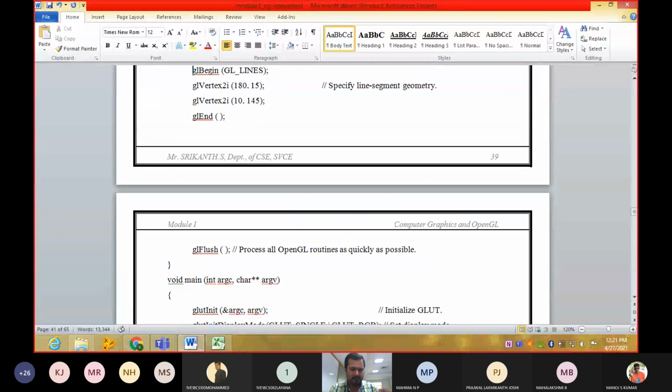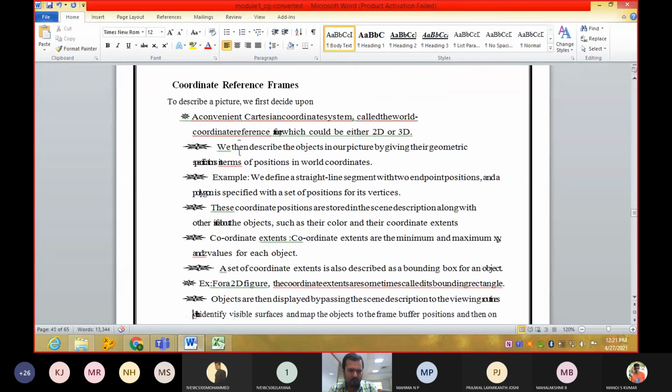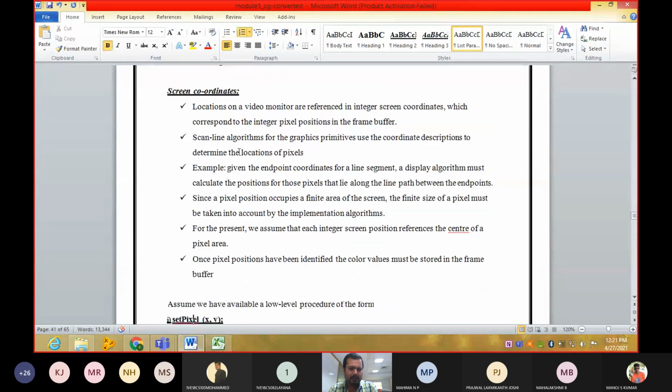See here, GL begin, GL lines and GL end. The coordinate values or vertices you give should be placed between GL begin and GL end. So let us see how to draw a line and a vertex.